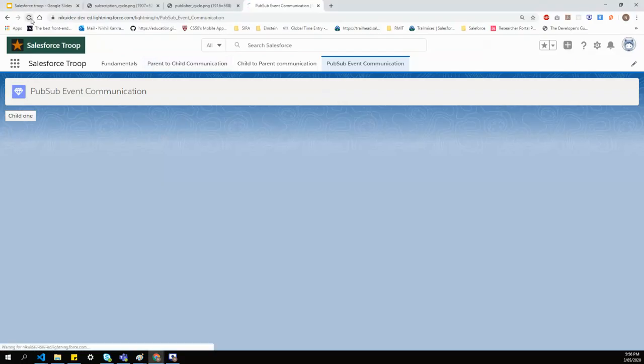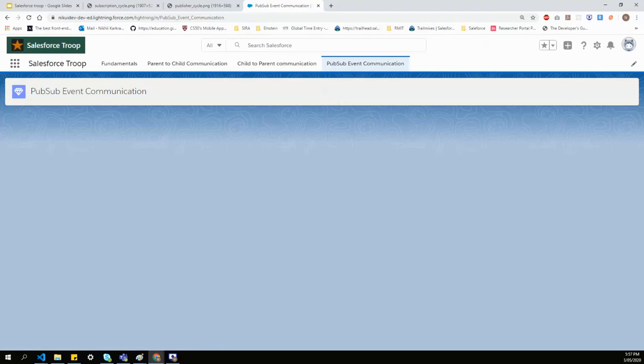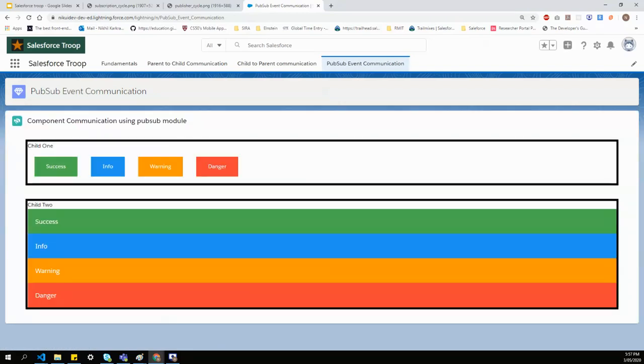Let's go and refresh our page. Now you can see this is the child 1 component that has 4 types of buttons. This is the child 2 component, that is the accordion list, with success, info, warning.